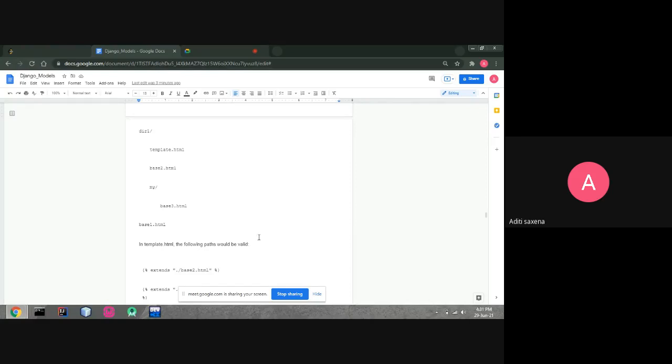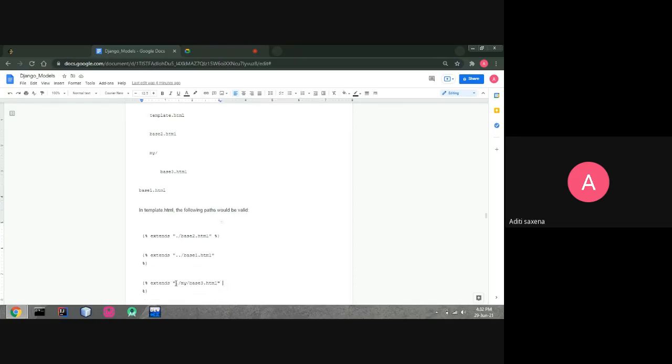And for base1.html we use double dot, because we are coming out of this folder, then inside it we have base1.html. And for the file in my folder, first we go inside its same folder, where we have the my folder, and inside that folder we have this file. So this is the basic syntax or structure you could use to inherit the file.